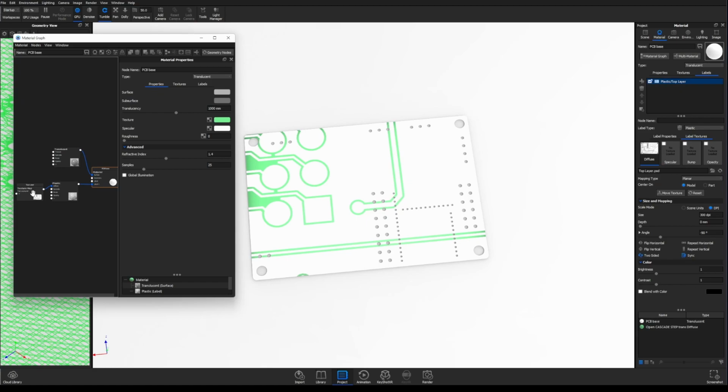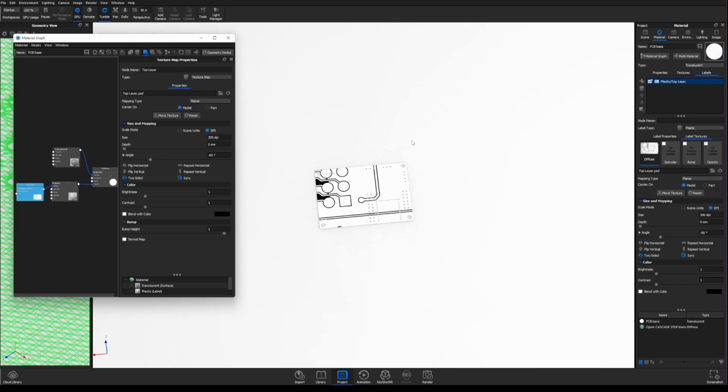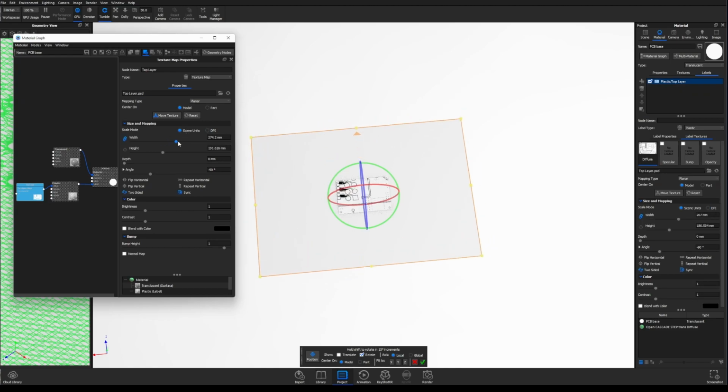So I'm gonna click C on the keyboard so I can isolate the image. And first of all, I need to fit the image right in the position and the size. I'm gonna click Move Texture, and as we can see, this is larger than the PCB board. So we can use scene units to scale it down, scale it up, but an easiest way to do this is just using this window, these